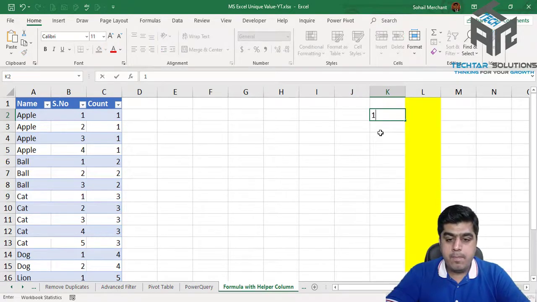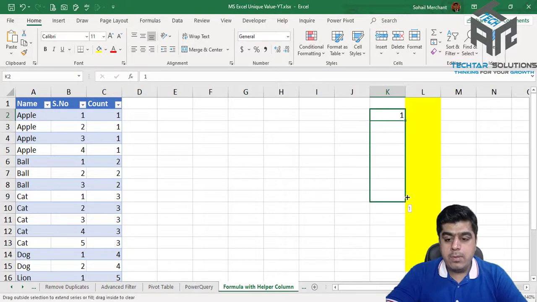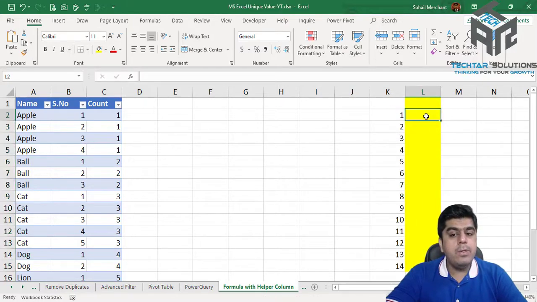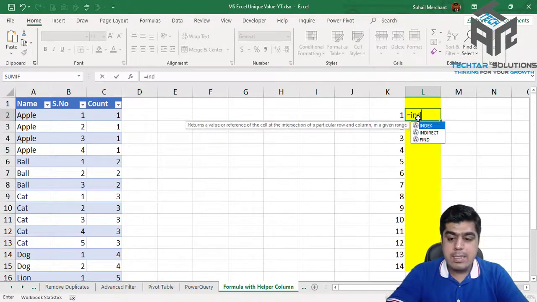Now the third step, we need to assign serial numbers to our column L. 1. Now drag it down, press and hold your Control key on the keyboard, and now we will use INDEX and MATCH to have these unique values in column L. So equals INDEX.